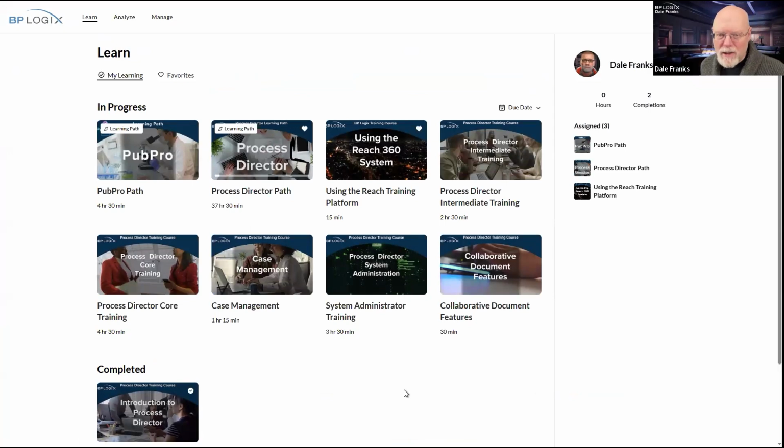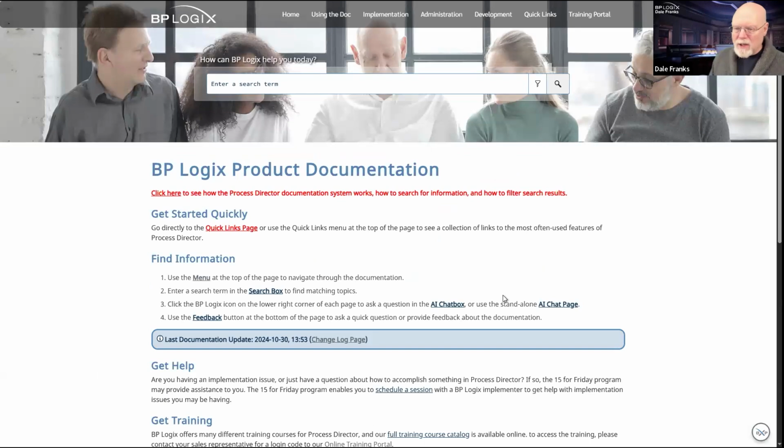It looks very similar to the Litmos platform that we were using previously, but everything kind of works the same way. There are learning paths, there are courses. You can self-sign up for any course that you want or any learning path that you want. But this is where the how-to stuff is found. It's all in training. How to do stuff is a training issue, not a documentation issue, and therefore the documentation simply doesn't cover it, whereas the training does.